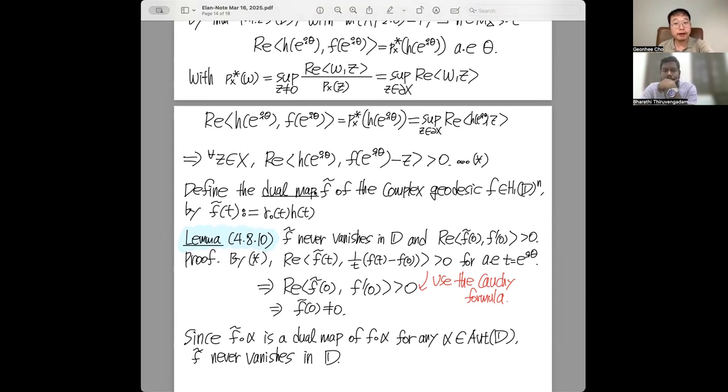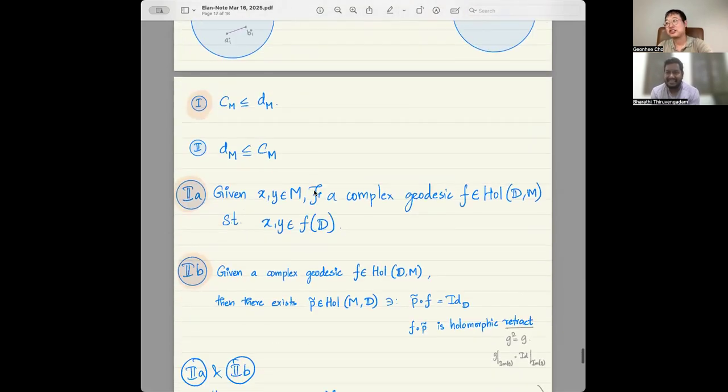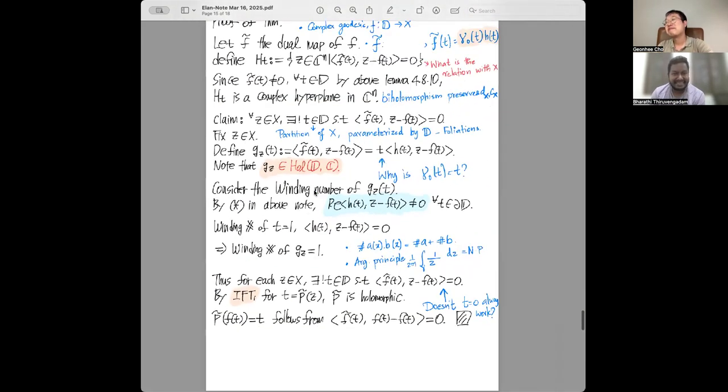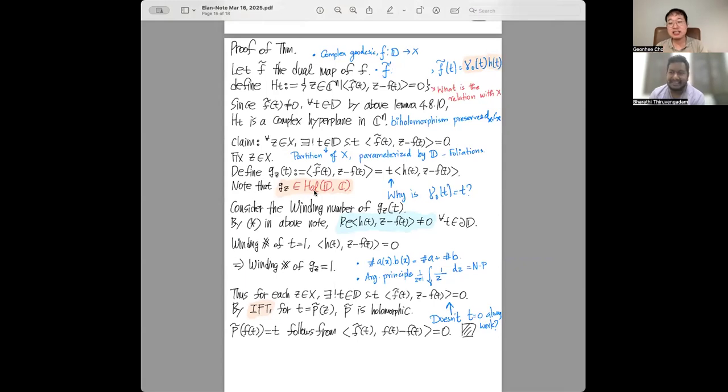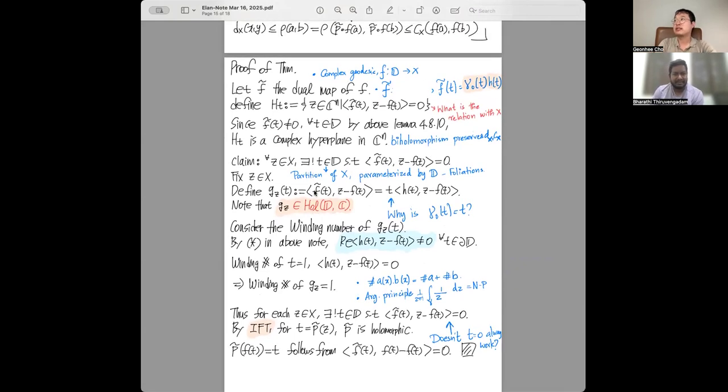But for me, it's unclear how to do it, because this seems to be a topological property, right? The existence of the P tilde. Yeah, the winding number is quite topological. Yeah, exactly. I think this is so strong, so limited, so restricted, so there should be a way to go around. But some clever idea would be needed.